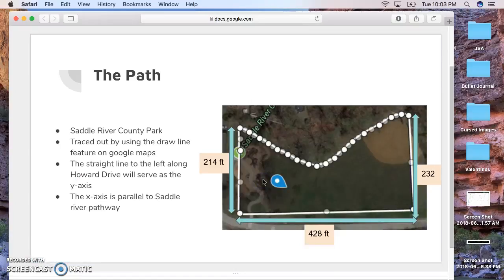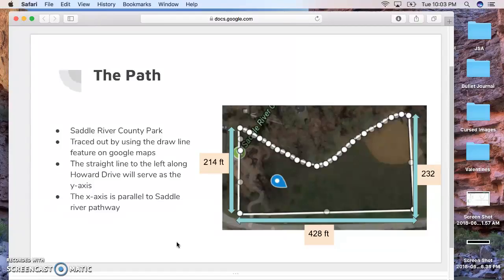So the path that I'm going to draw is seen right here on the screen. It is the Saddle River County Park. This area I used to play softball in when I was younger, so I'm pretty familiar with it. And this is basically meant to be a running path, or it isn't always paved, so biking wouldn't really be that advantageous. So I traced out the line using the feature on Google Maps,